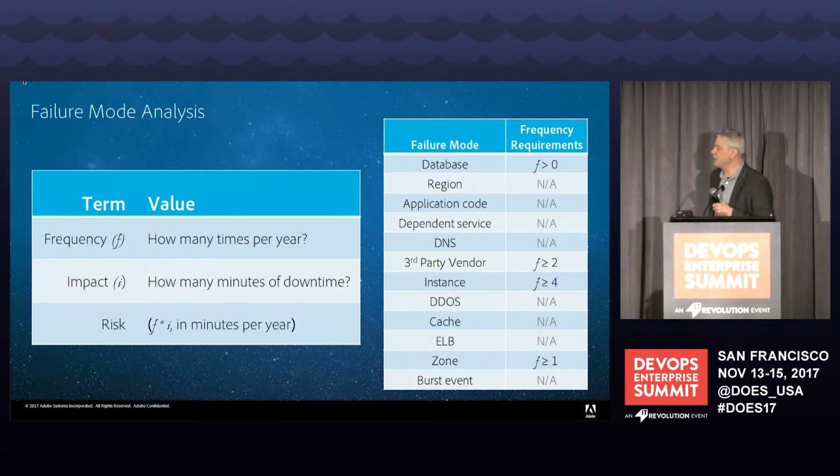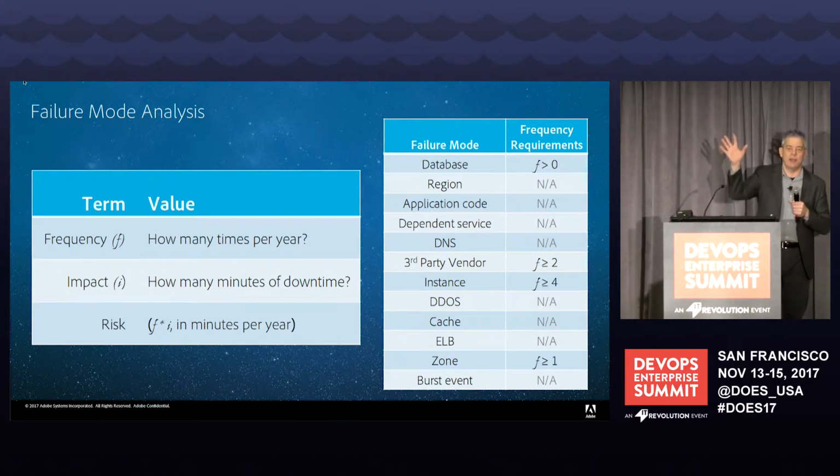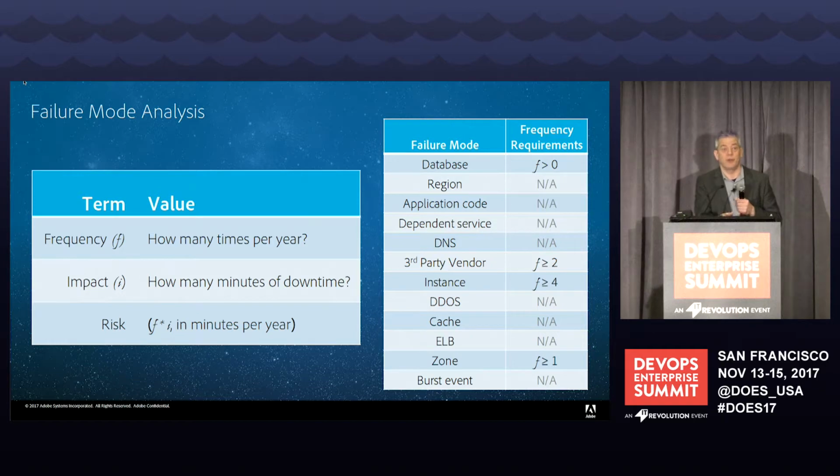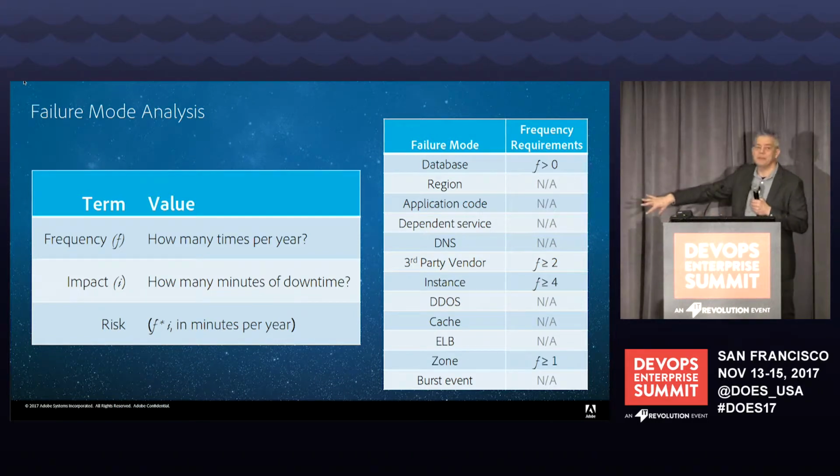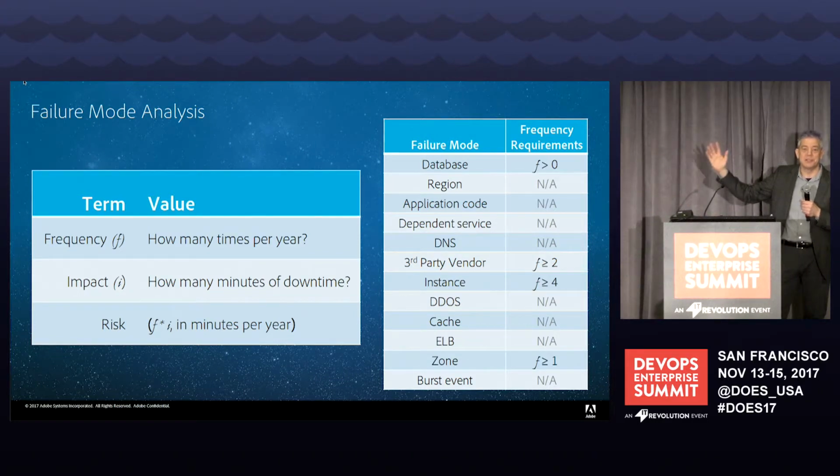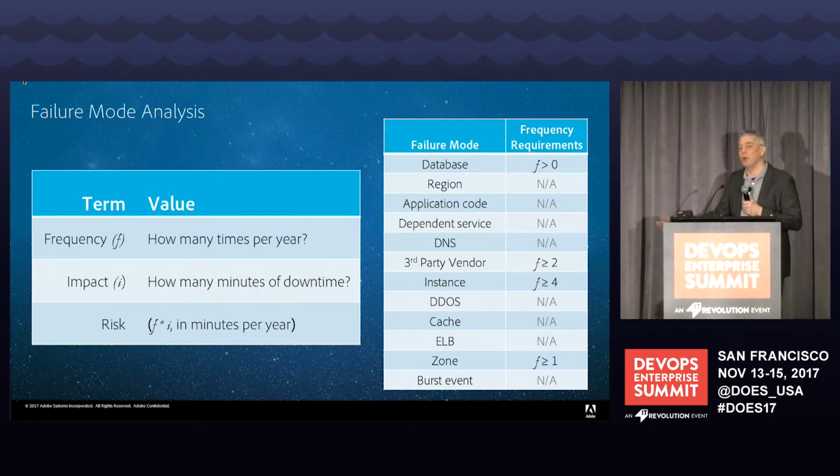All right, so we asked people to go through an exercise. We said, take your architecture. We did this for every service, by the way. So if you had a service family that had microservices and there was an overarching thing and then like 6 underneath, you had to do it for all of them unless they were so similar that the results were the same. We said we have 12 domains of failure, just 12. This is really simple. We don't want it to take a lot of time,